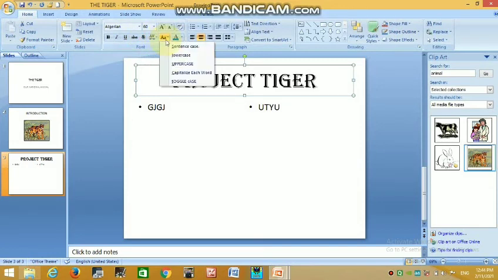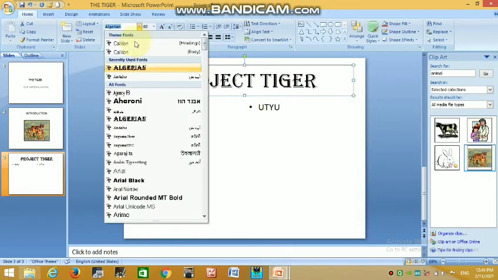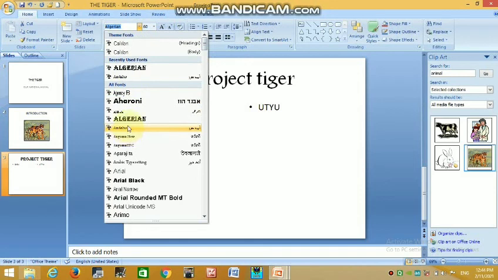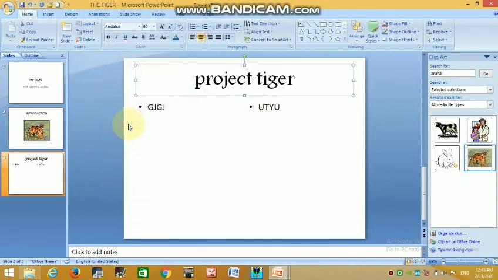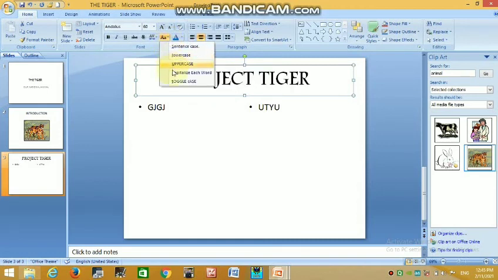Now change case, sentence case. First of all I change the font type, then sentence case. सेंटेंस का फर्स्ट लेटर कैपिटल हो जाएगा. नेक्स्ट इज लोअर केस, सी दिस. नेक्स्ट इज अपर केस, and capitalize each word.